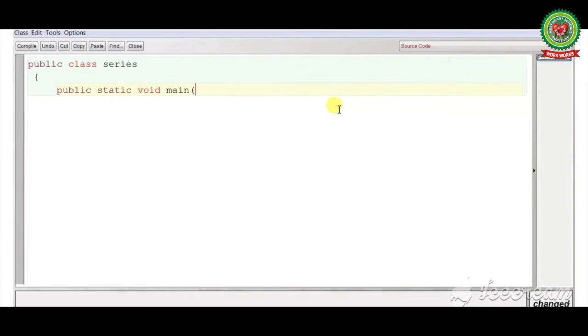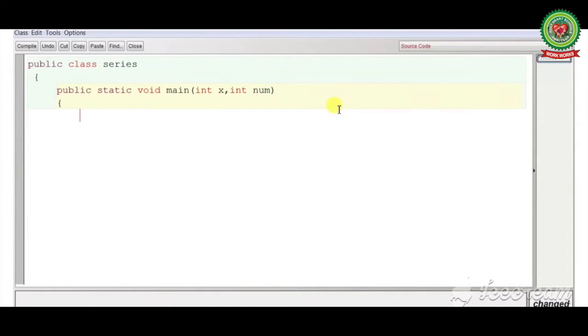Now here we will give the value of x. Through the arguments of the main method we will accept the value of x. So we have written int x comma int num. Num means the number of times we want to execute this loop. Enter, curly bracket start.